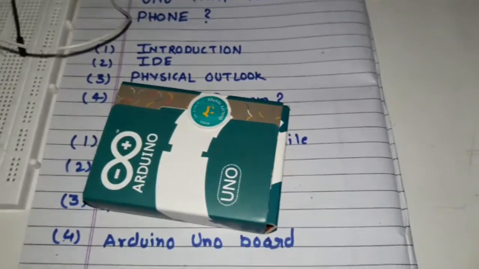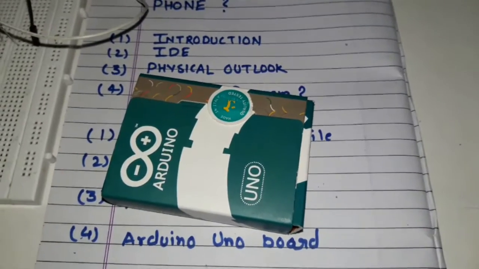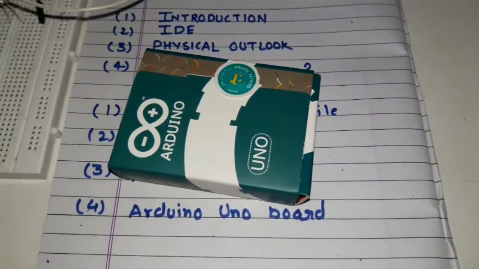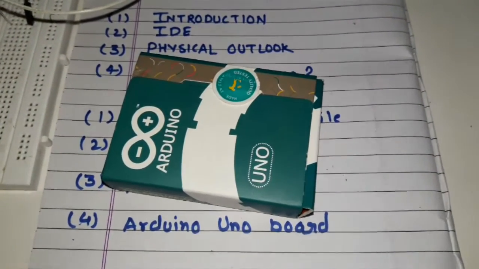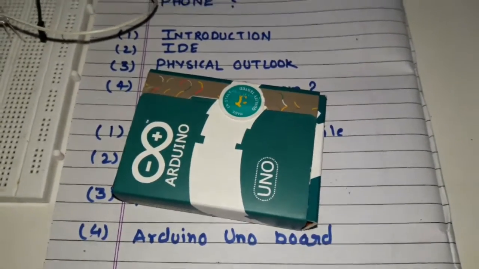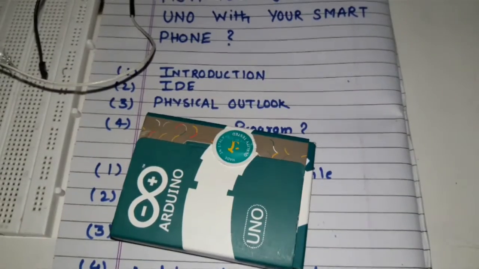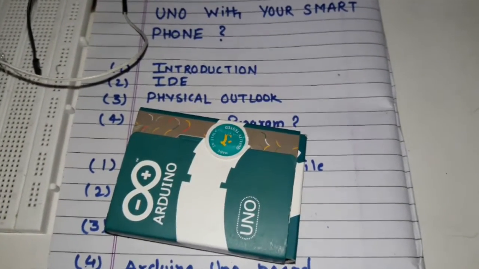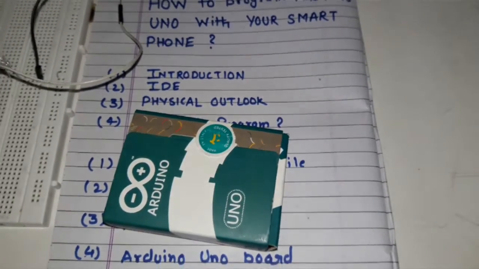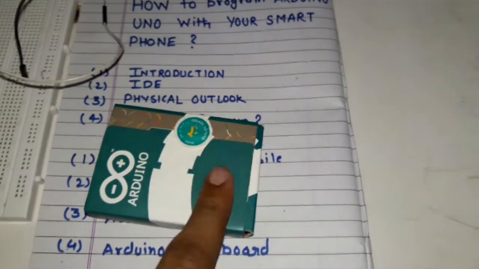That means the programs you have written in the IDE software are called sketches, like a fade sketch, that means LED fade program, or a blinking program you can call blink sketch. So these sketches are written in the text editor and saved with a file extension. Arduino sketch may be written in Processing, which also supports C and C++.